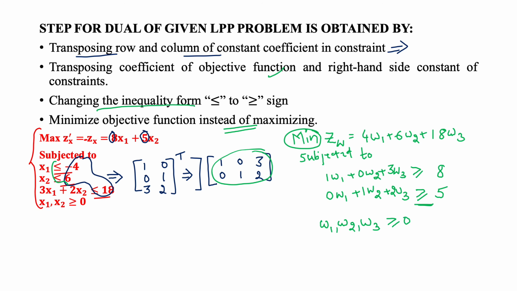So that's how we have converted a primal problem first into standard form, and from that standard form, by using these 4 steps, into the dual form of the LP. That's how we create a dual linear programming problem from a primal linear programming problem. Its solution will give an idea about the solution of the primal problem. So that's all for today's lecture. Thank you.